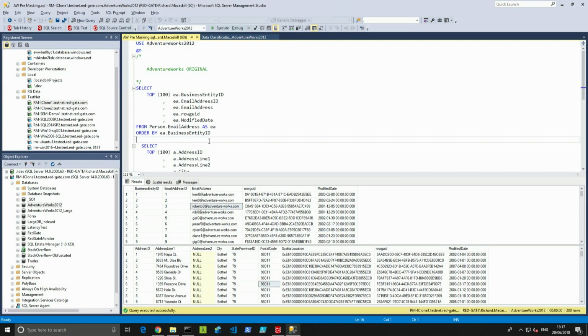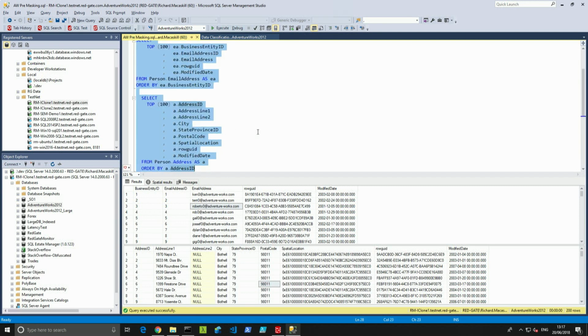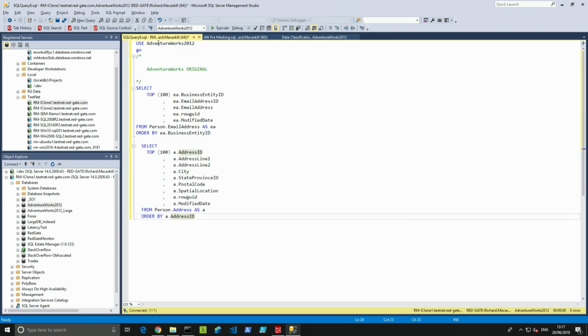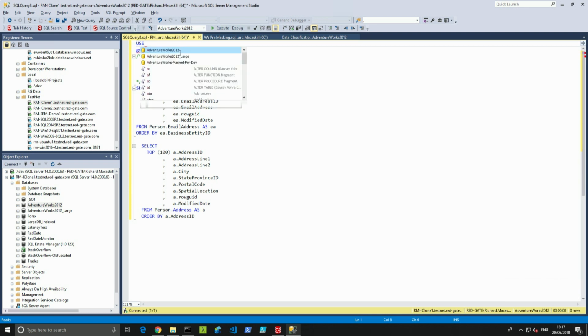So let's have a look at what effects that had. If we go back into SQL Server Management Studio, I'm going to create a new tab here, so that I can change my target database. I can change my connection. I can use SQL Prompt, of course. It's going to pick up on the clone name, which is very handy. And I perform that same query against this, the AdventureWorks that's been masked for development use,